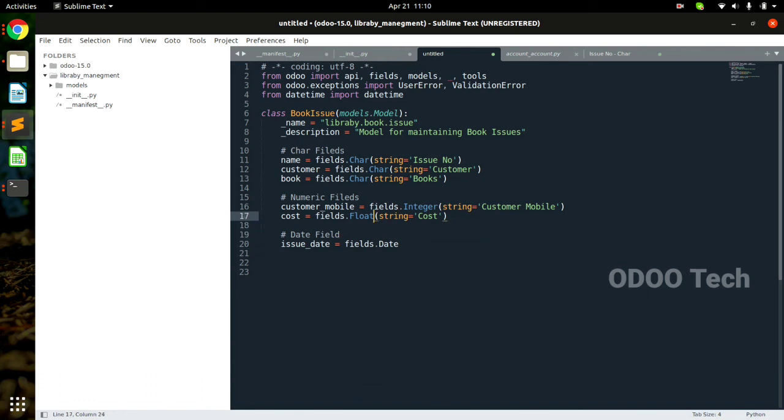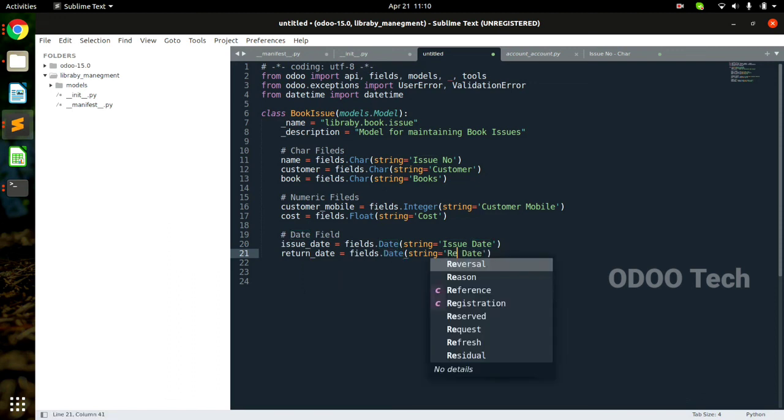Again we have to give the string as a label, and write the string, issue date. Now our last field is return. That is also with the date type, and the label would be return date. And okay, that's pretty much it.